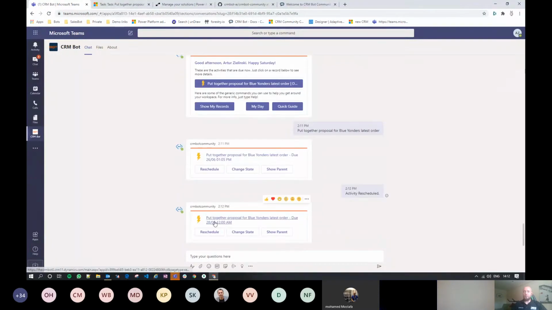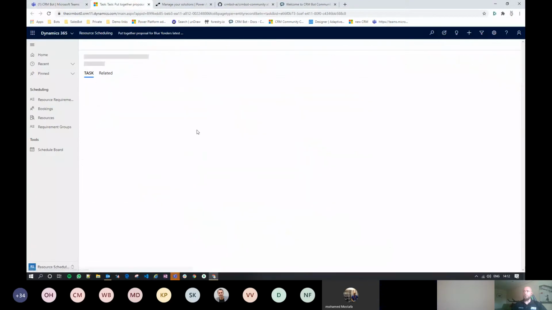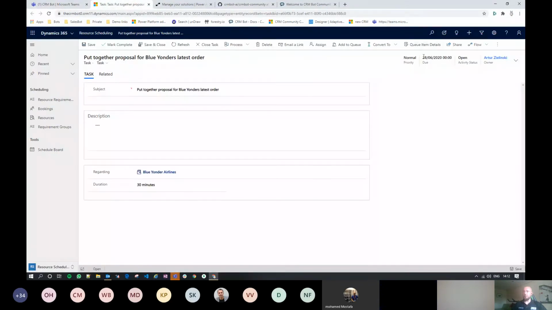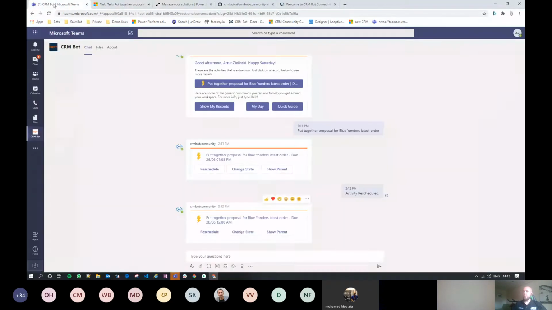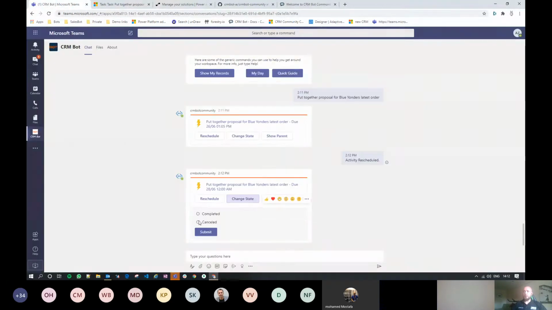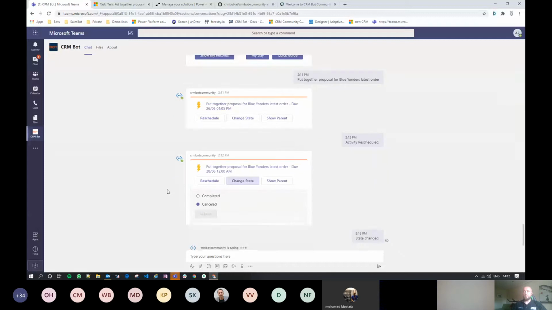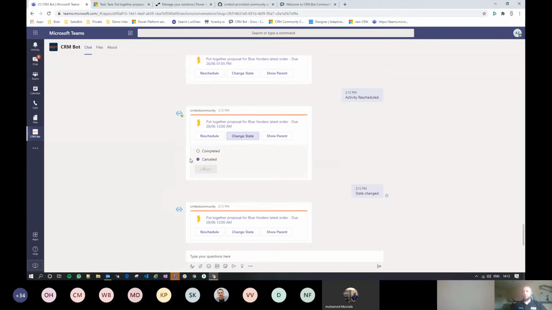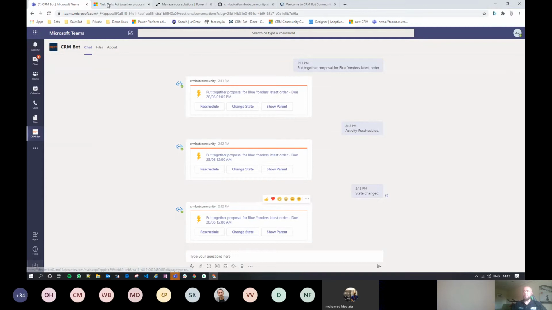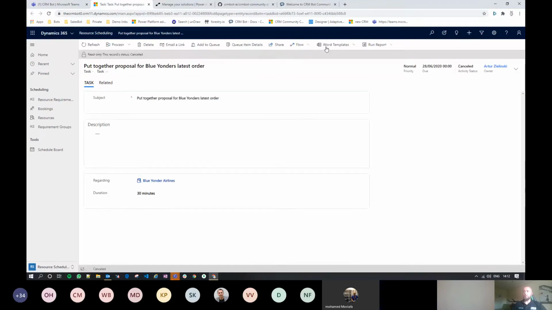And you'll see that the name of the activity has changed to be 28. And in fact, if I refresh my CRM, you will see that the due date is now 28 as well. You can change it. So let's say, actually, let's cancel it, because that's another important part of looking at your tasks. Oh, I can't be doing this, or I don't want to be doing this anymore. So I want to cancel it. So this activity is now canceled, which is fine.